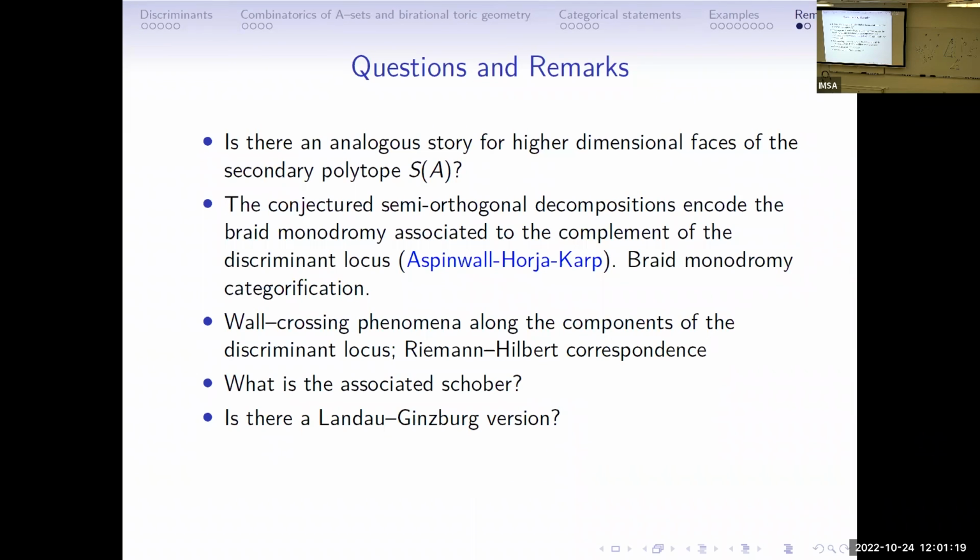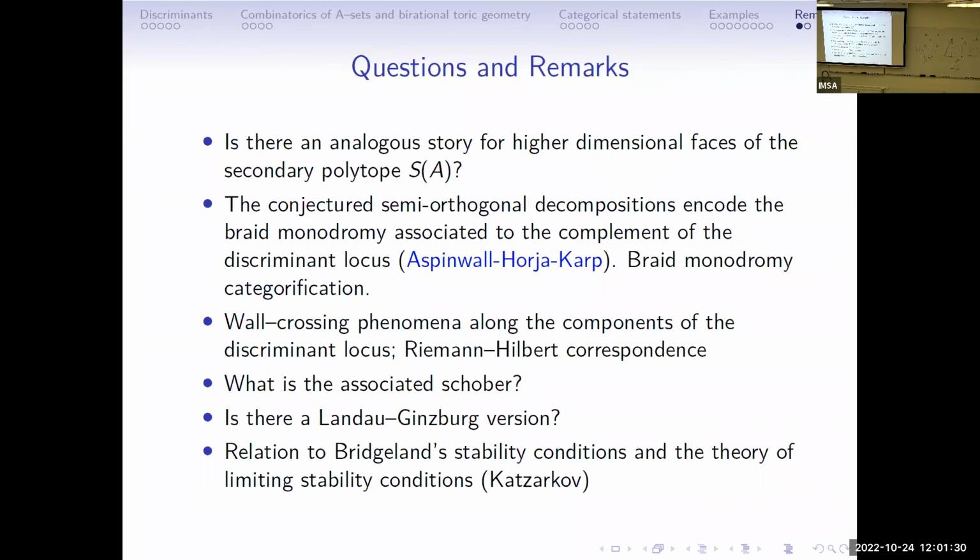And I think there is. I don't know how interesting it will be, because it's going to be very similar to this, but certainly that should be analyzed. And finally, there is a relationship kind of underlying all this to the Bridgeland stability conditions. So this moduli space of Kähler structures that showed up even at this conference,